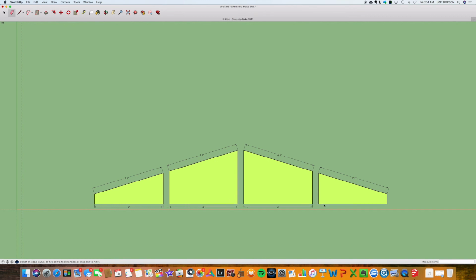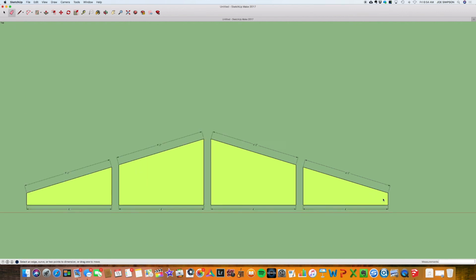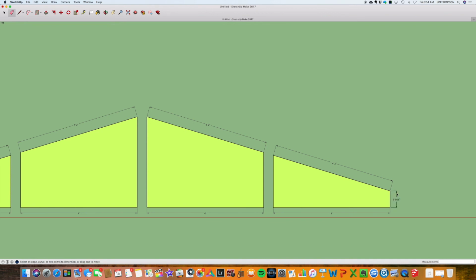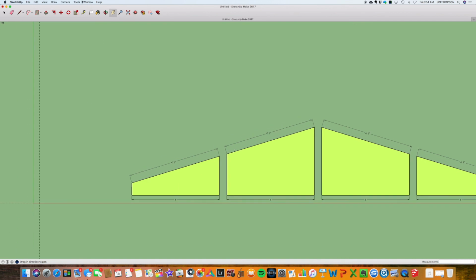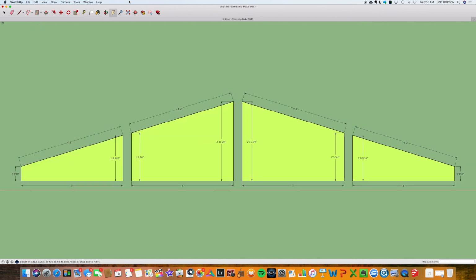All right, you mark all that up. And then you can use this one. This dimension, let's see. You might have to zoom in a little bit. Yeah. Okay. You can use the hand tool to move around. And then go back to tools, dimensions. This one I like to pull into the yellow because you can see it better. So make sure you clear the line so they can read all the numbers. And Shift Z to center everything up, and you could screenshot that and send that off to your window guy